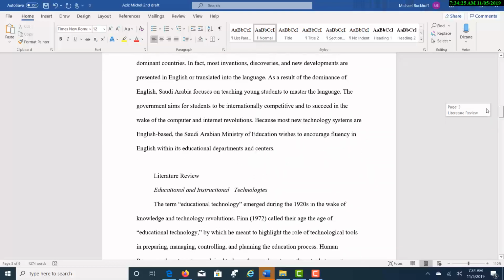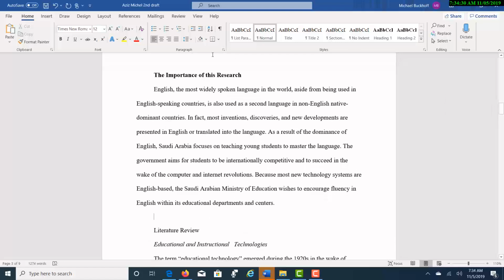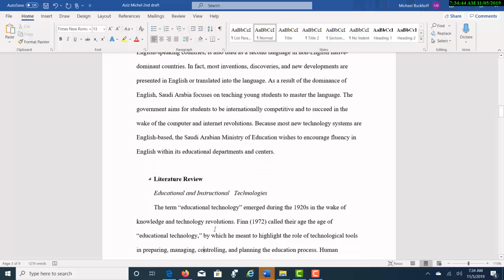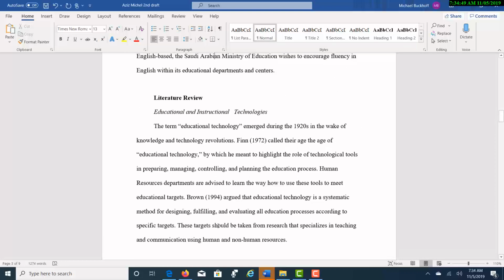Okay, let's keep going. So we're going to the literature review now. If you follow what you're doing here, it seems like you should probably bold this to be similar to what you've done before. So you're dividing the literature review into different parts. Got good writing skills. I'm impressed. The term educational technology emerged from the 1920s in the wake of knowledge and technology revolutions. Finn called their age